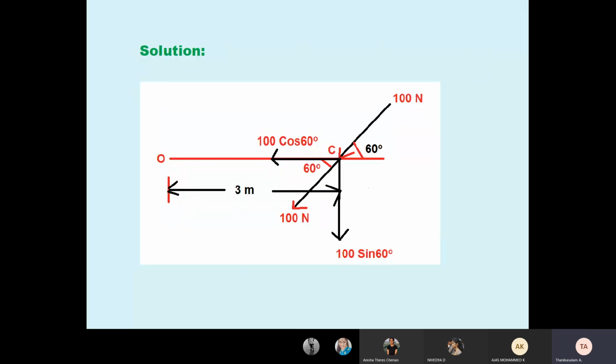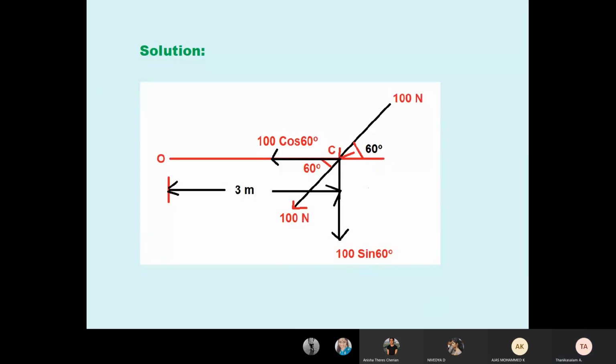The 60 degree is with respect to horizontal. Again, I converted into with respect to exact horizontal. The mathematical rule, alternate angle. Therefore, resolve the force in x direction: 100 cos 60, minus x direction. Third quadrant means minus x. This is why the arrow mark goes to the left side. Then y direction, minus y, third quadrant, 100 sin 60. So now we resolved. And now tell me the moment, Kavi, with respect to O.